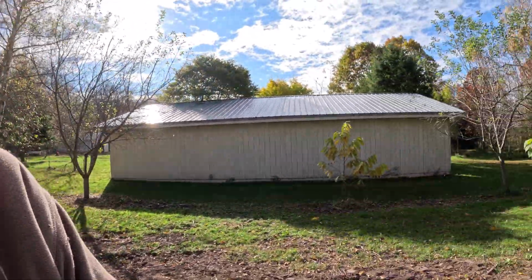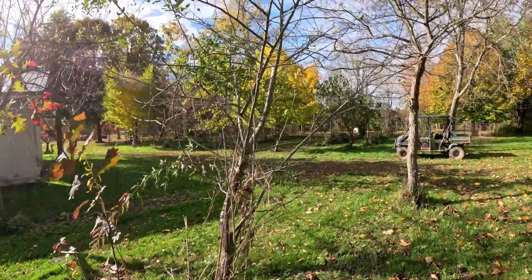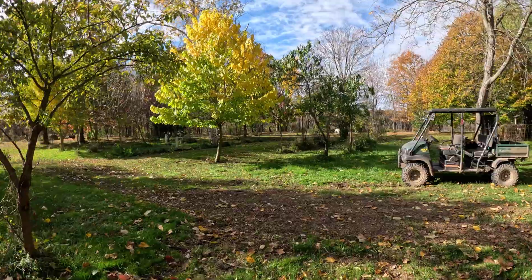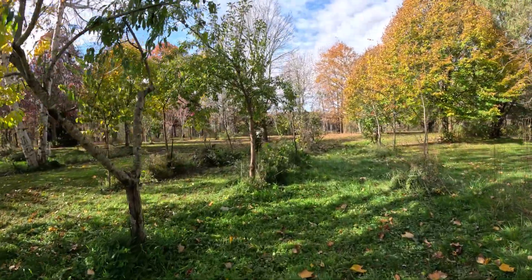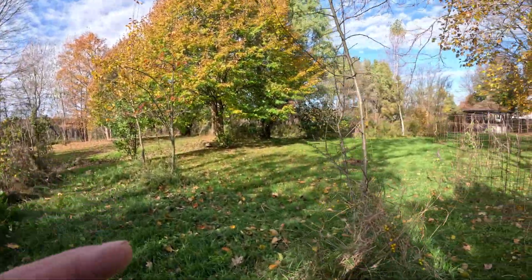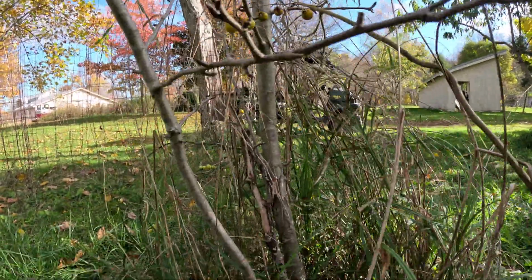And I'll show you an example down here with one of our Asian pears. This is one of the pawpaws here. A nice little red oak coming up with this apple here. So we really love our Asian pears, and I've made videos about them in the past. And so this is one of the ones that was supposed to be an Asian pear. But what ended up happening was,